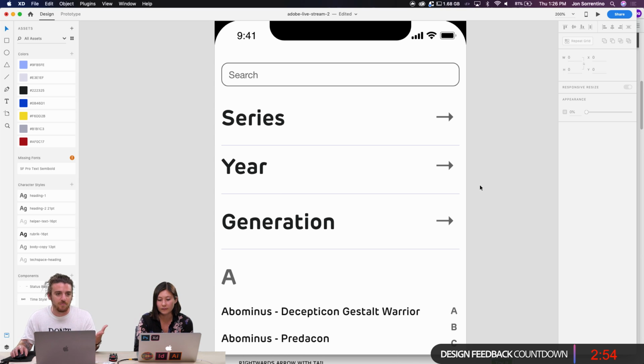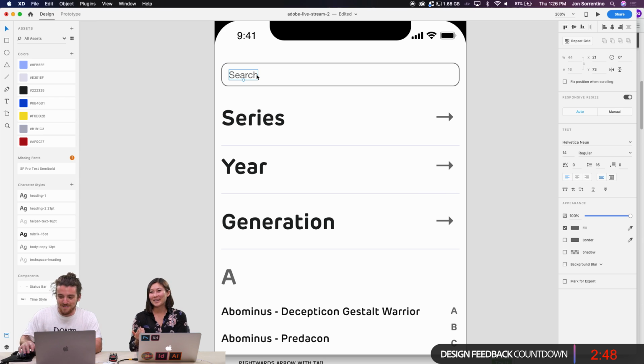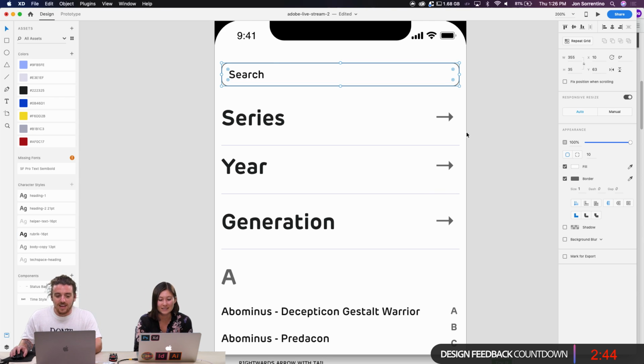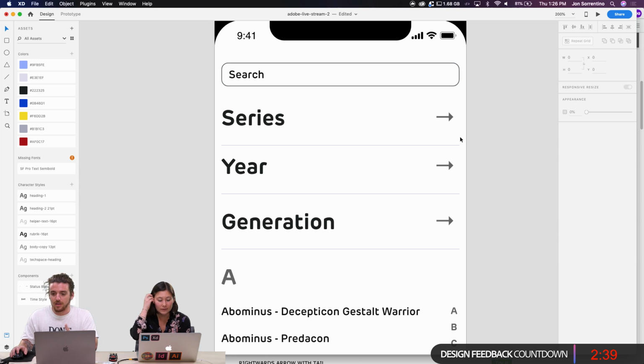I've actually upvoted a ton of different features. The rulers and the guides were one of the first things that I upvoted. It's one of those common things we hear all the time in the chat, that people want because they need it. Yeah, exactly. And I think that's one of the best things about using the Adobe apps.